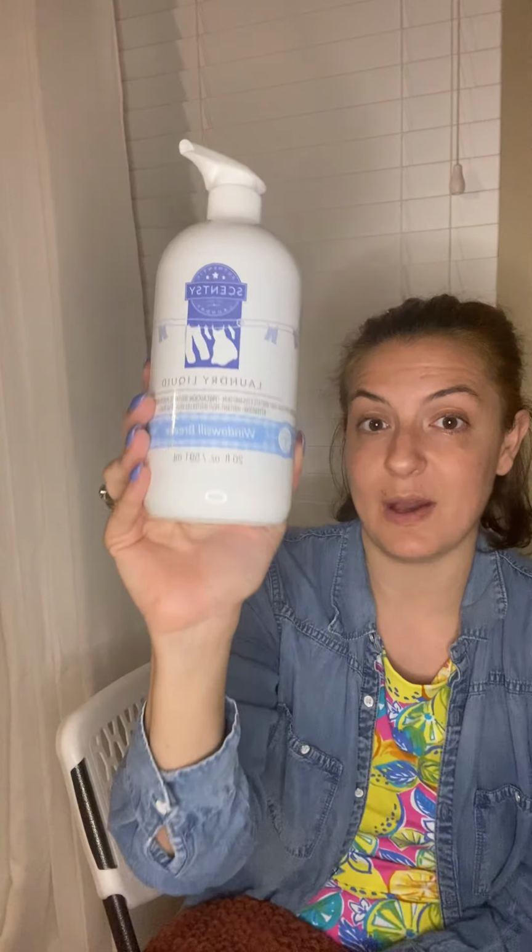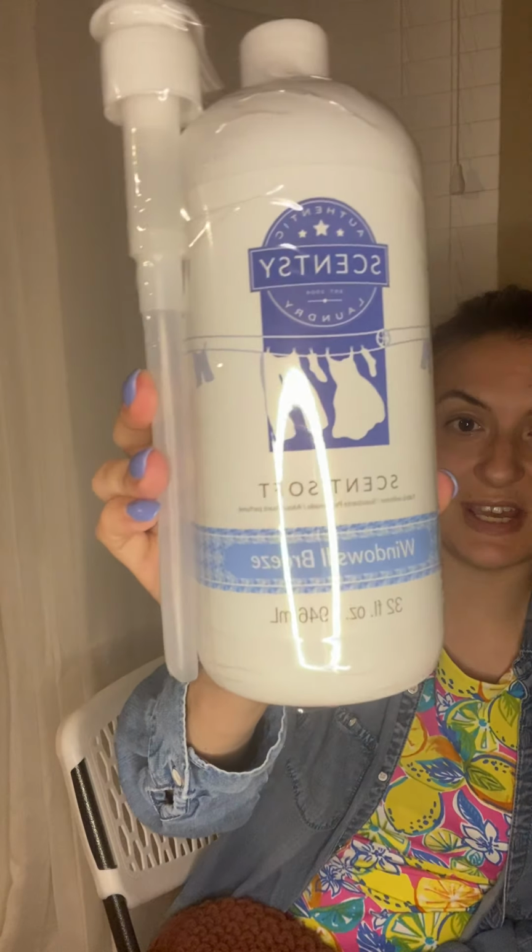So I got the laundry liquid. I got it in Windowsill Breeze, which is just a very, very strong laundry scent. They had other options. If I love this, I'm sure I will venture out and explore the other options, but I just knew that I wanted my clothes to smell like clean clothes. So I went with what was recommended to me as the strongest laundry scent, and that was this. So we got it in the actual laundry detergent. We got it in the Scent Soft, which is the fabric softener. And again,